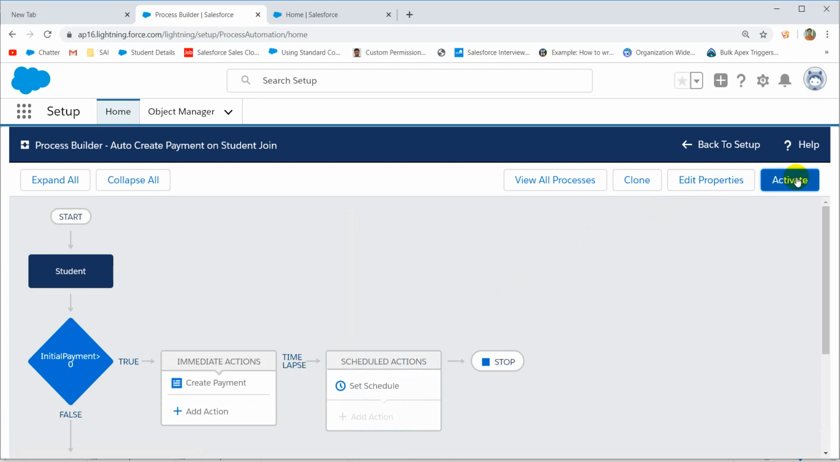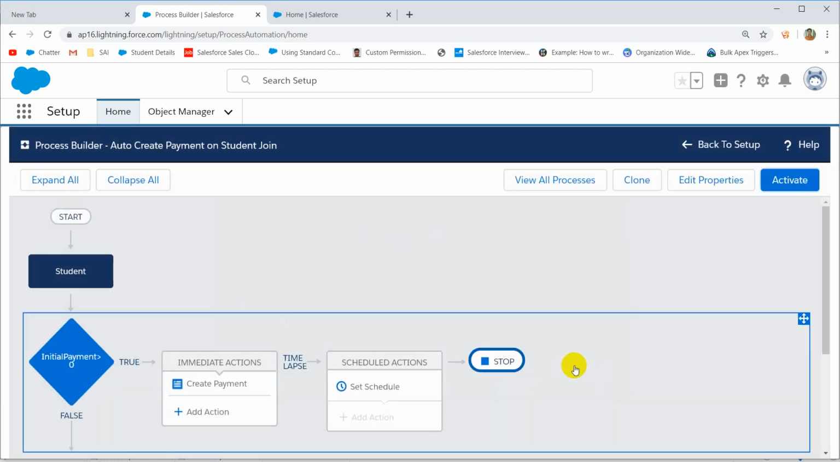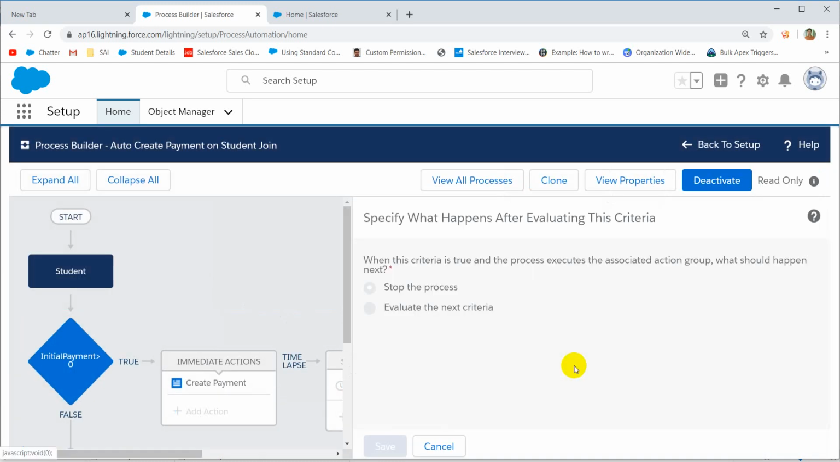Save and then activate. Okay, done. Now if you want to call another process builder, then here you can select this one. Okay, I have activated, so it won't come now. Now let's create